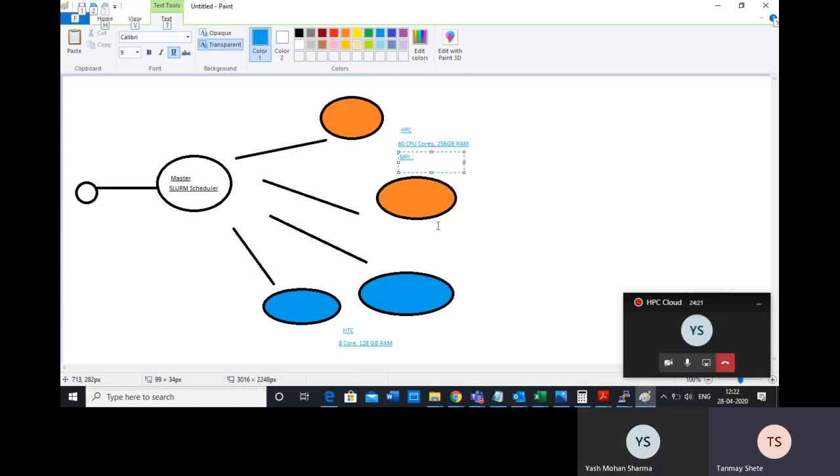So one more thing here is that this is a generic setup. It can be in your TIFR, HPC labs, and you are going to run this in the cloud, right? Yes. So the cloud model is always a pay as you go model. For example, suppose you use this first orange machine for say 10 hours, then you will be paying for 10 hours.